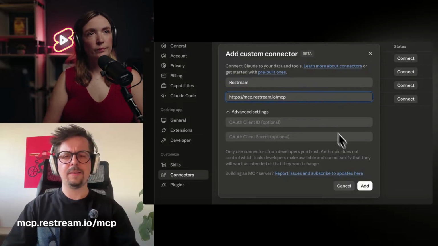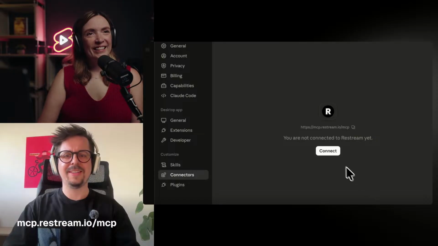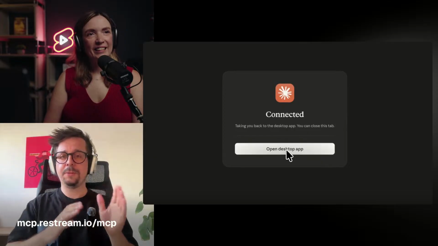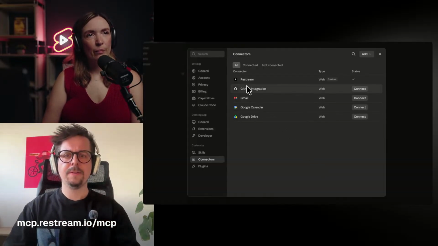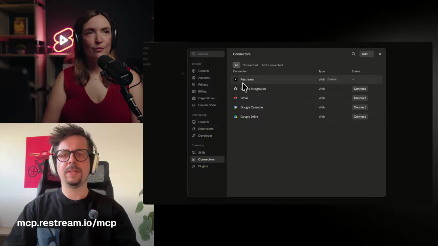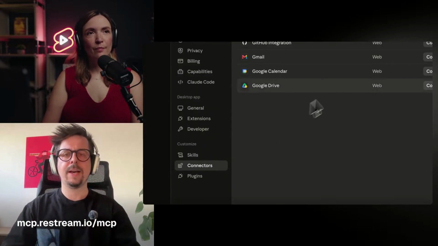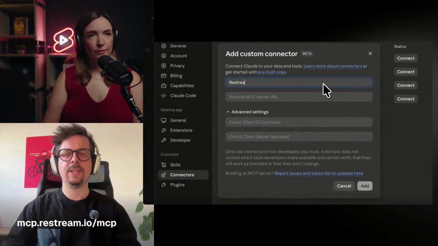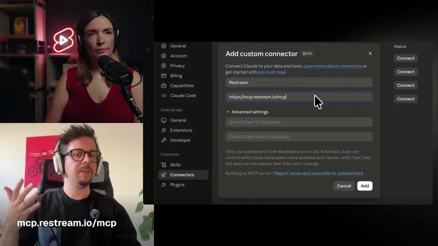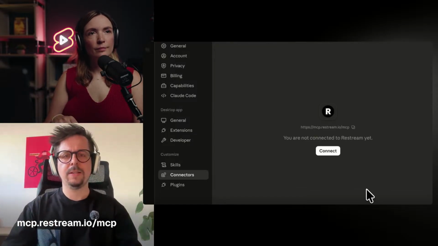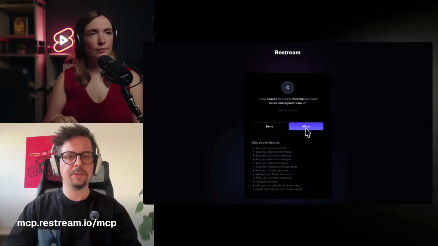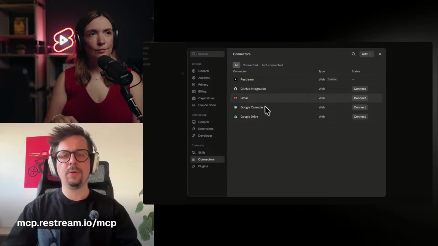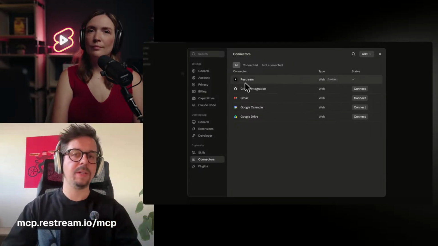Yeah, so I think the hardest part is really to find the settings inside Claude or ChatGPT. In ChatGPT, it's called apps. In Claude, it's called connectors. You will basically find that section in your settings and then click add a new one. Once you add a custom connector, you really need to fill in 2 fields. So name it Restream, that's what we're called, and paste in this mcp.restream.io/mcp link. Basically, once it connects, it asks for your permission to authenticate with your Restream account.